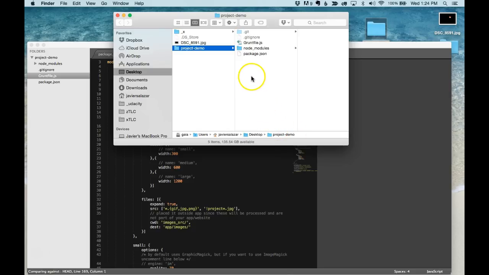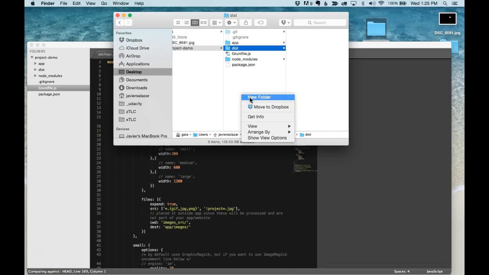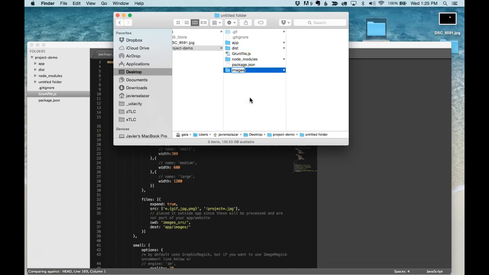So what I'm going to do here is add some directories that we will need for our project. One of them is called app. The other one is called distribution. And the third one I'm going to call images underscore source. Okay, so this is a common pattern that I've seen people do, and basically we will be working in the app directory. In here we're going to put all of our files related to our project,